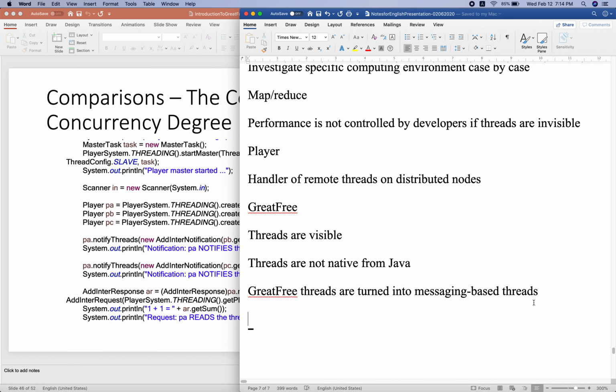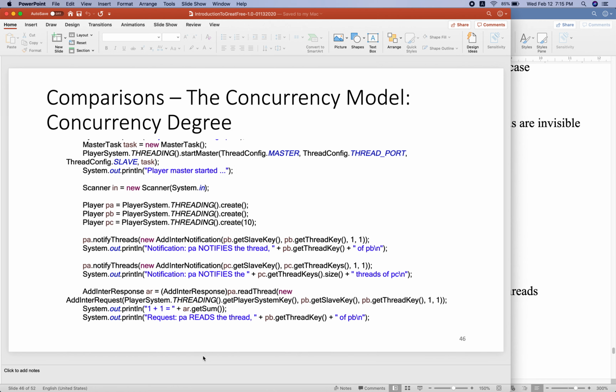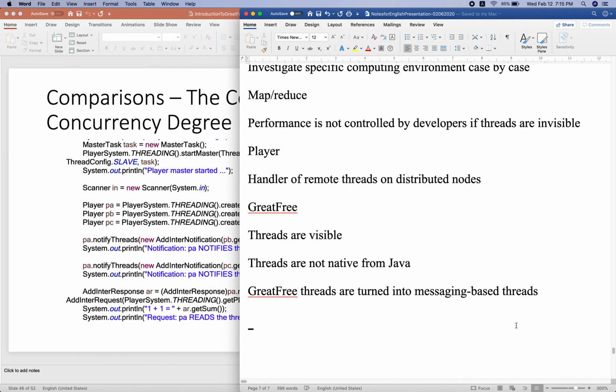The threads become visible, and they are easy to be programmed, right? So that is a more important difference between my system and the existing ones.